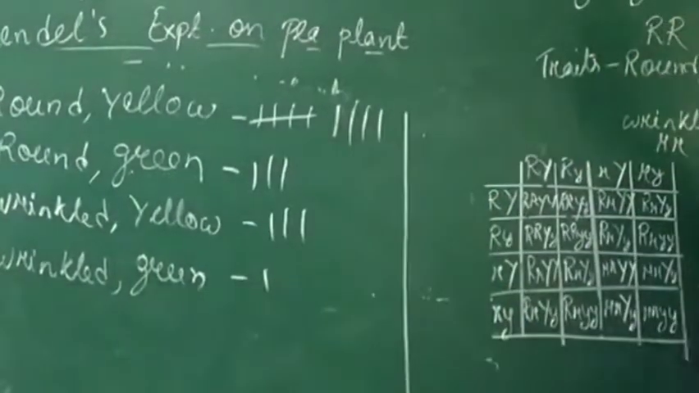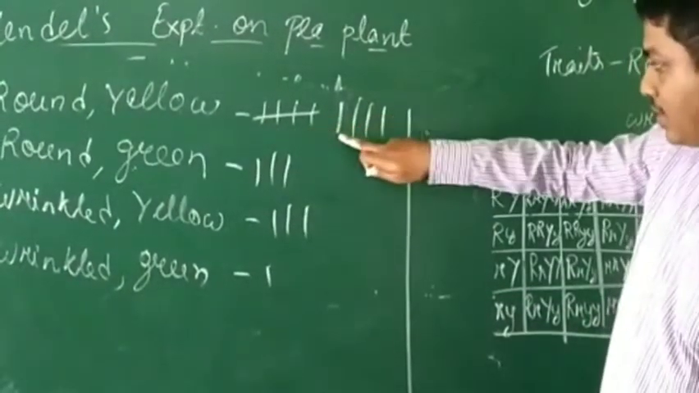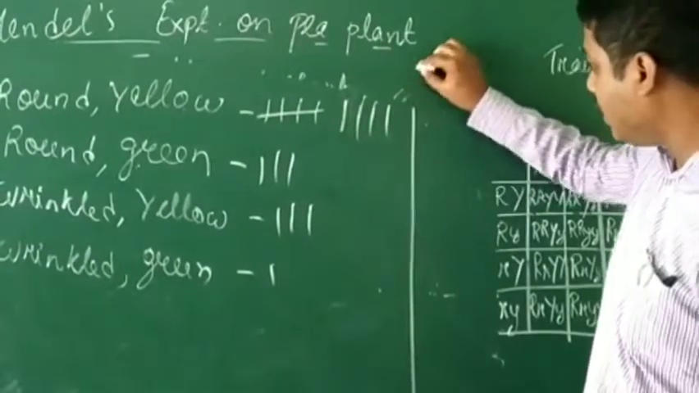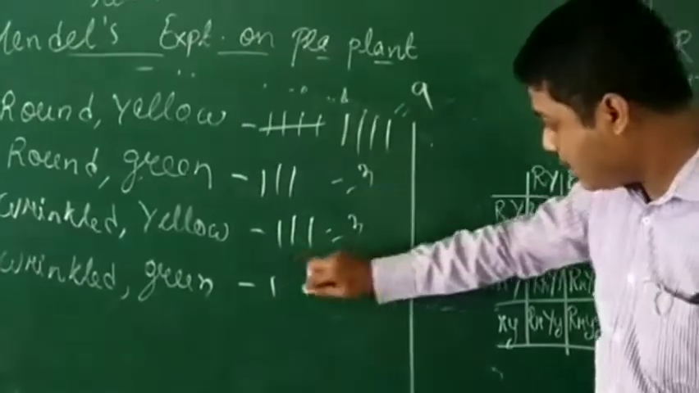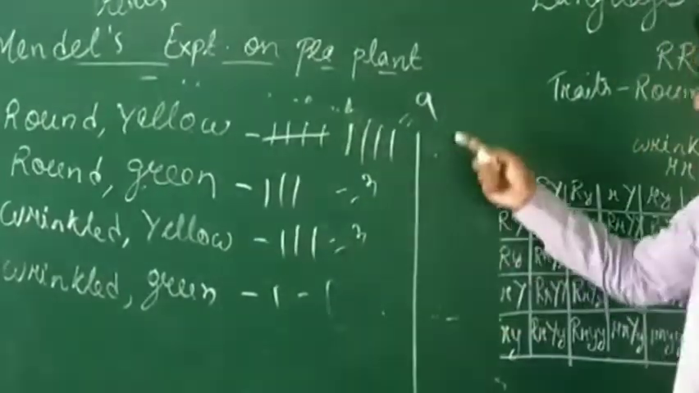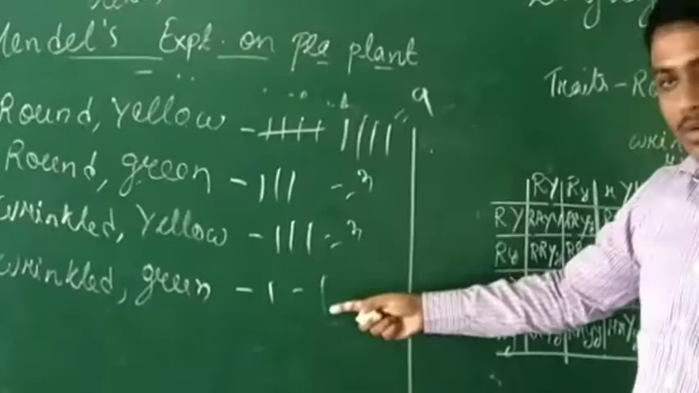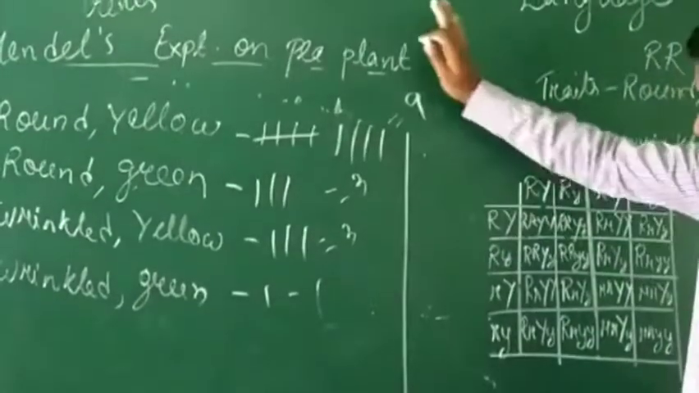Okay. Now if you see the ratio here, you see 5, 6, 7, 8, 9. So these are 9. 1, 2, 3. So this is 3. So this is again 3. This is 1. So this is the ratio what we have got. 9:3:3:1. Okay. So this is the